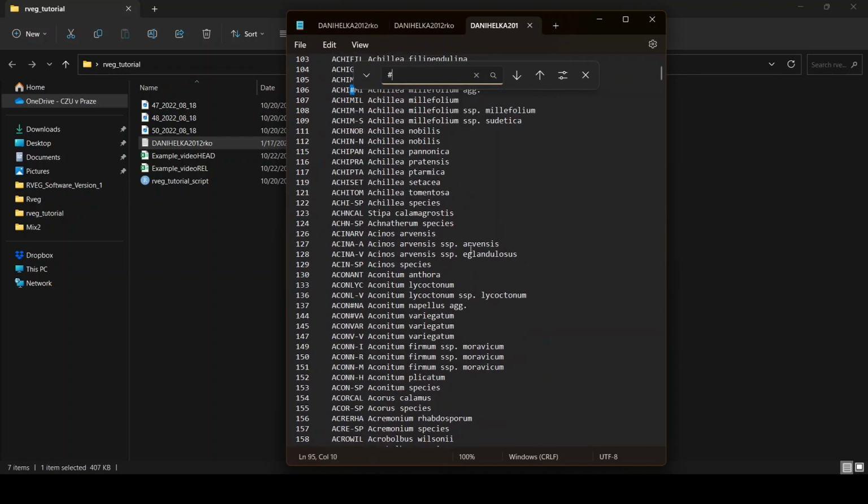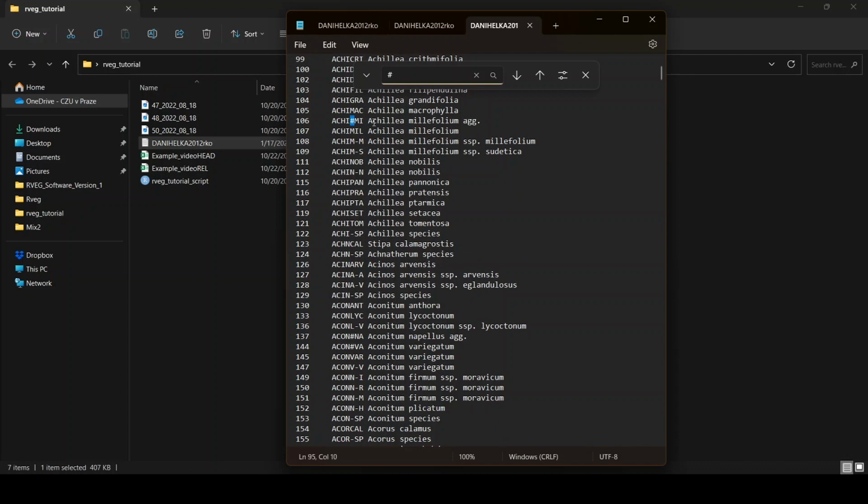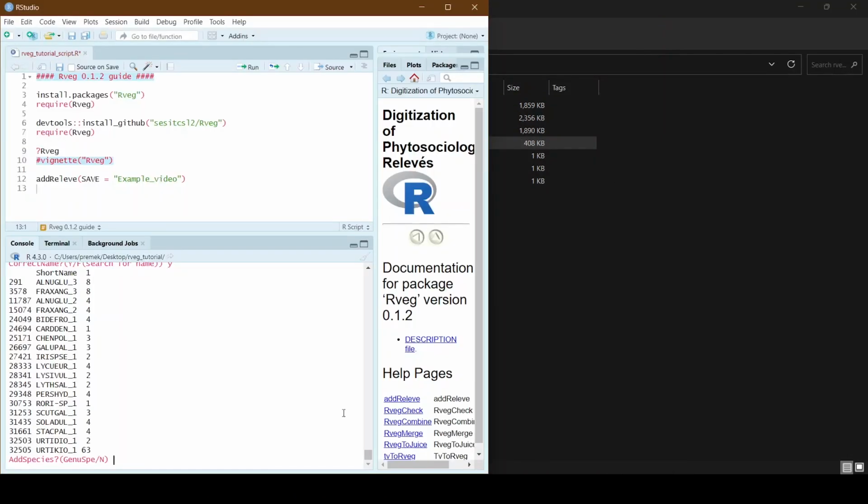For example, Achillea millefolium aggregate, it would be 4 letters of the genus, hashtag, and 2 letters of the aggregate. So Ache hashtag me. So let's continue.